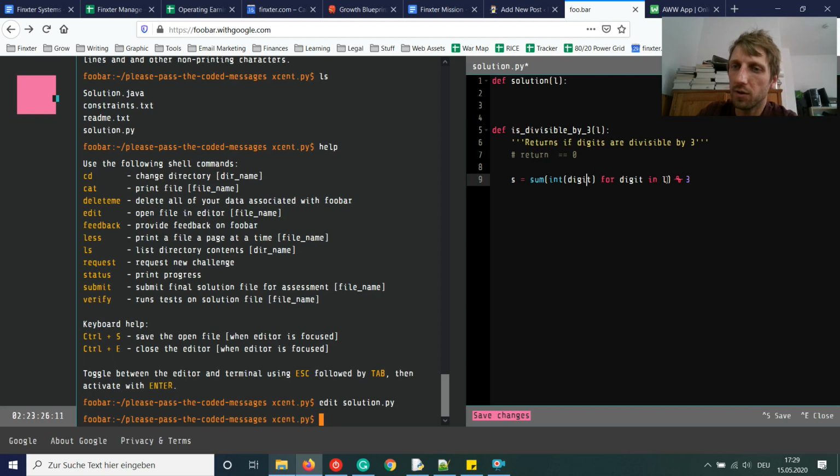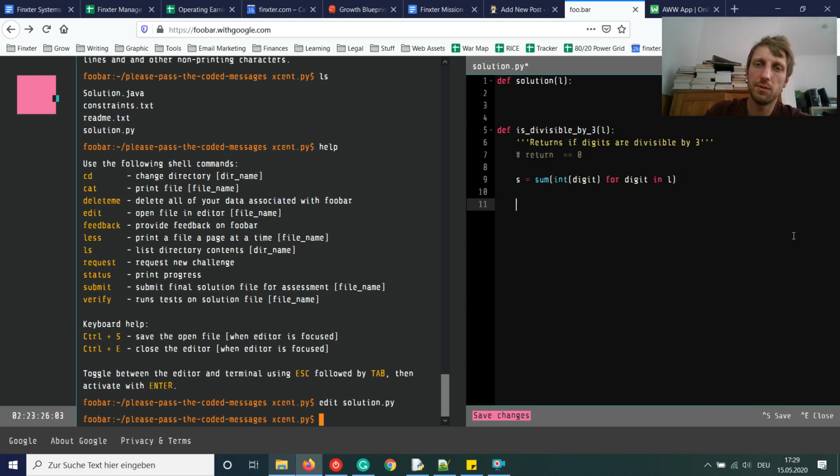Then we calculate the sum of those, and then we check if the sum of those digits is divisible by 3. Then we're done, and you can return true, else